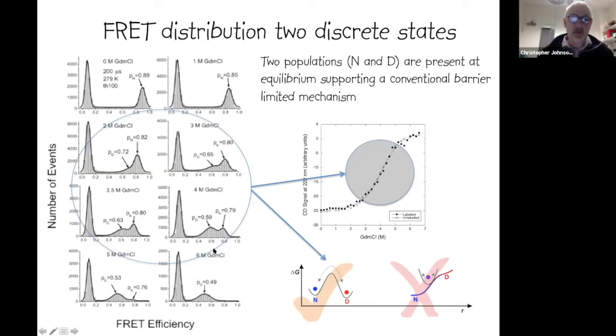So this bimodal distribution of FRET efficiencies strongly supported, in our opinion anyway, this two-state folding mechanism, and went against an idea of having a one-state or gradual accretion of structure, where you would expect to see a single peak that would move in FRET efficiency as you denatured the molecule. Unfortunately, that didn't prove to be the case, and the argument about two-state versus one-state folding still continues, but that's